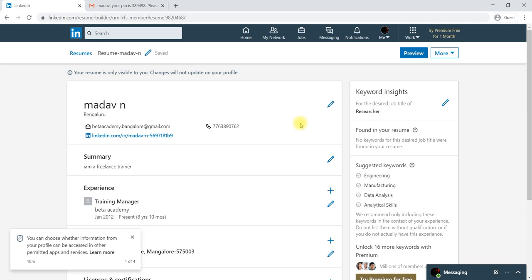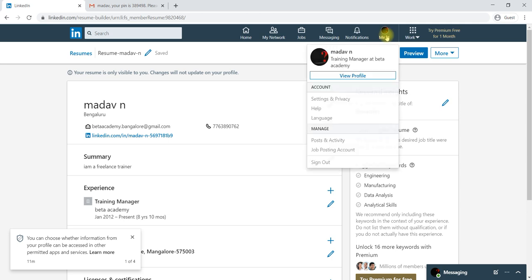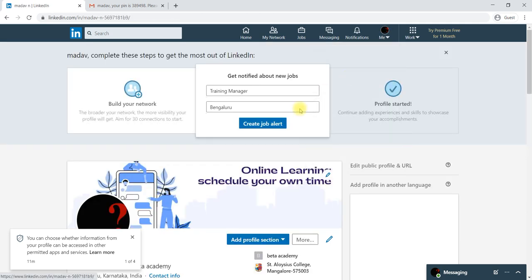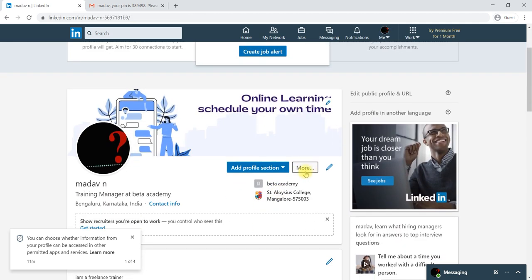That is one thing you can do in your My Profile. You can create a resume anytime, and you can share that one. You can download this entire profile. You can share your profile with any other platform like WhatsApp or Messenger, to get many more contacts to your profile.